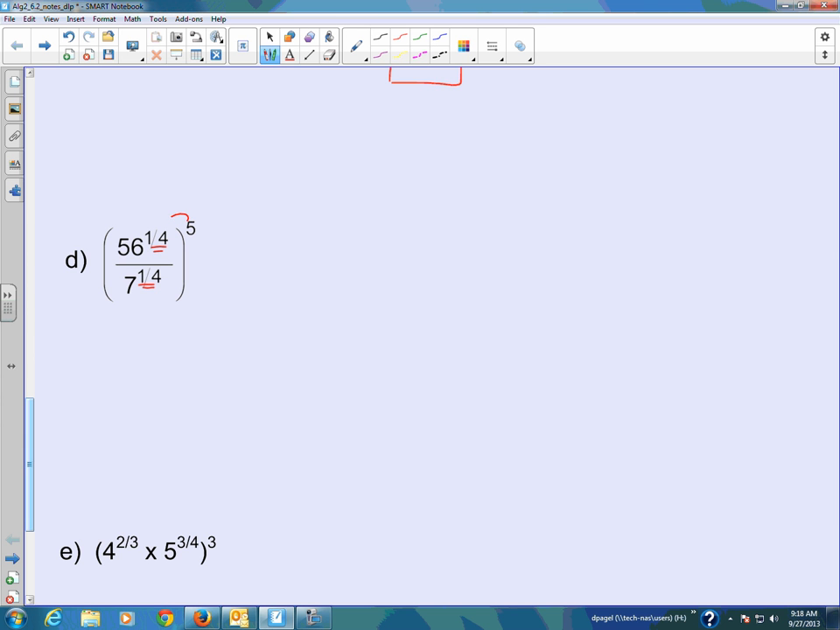So we're going to raise everything to the power of 5 here, and we get 56 to the 1/4 to the 5th power times 7 to the 1/4 to the 5th power, giving me 56 to the 5/4 power divided by 7 to the 5/4 power. Now what's unique here is that, again, we still have a situation where I've got the same